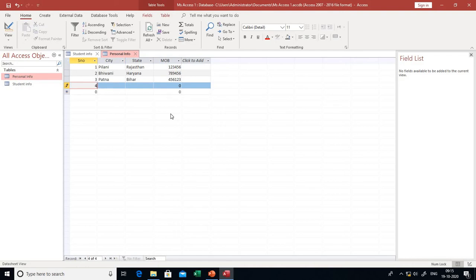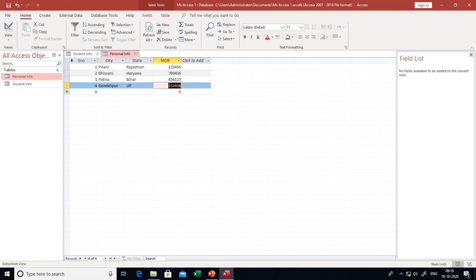And the fourth information is Gorakhpur and UP, and then give the mobile number. Okay, after that save.